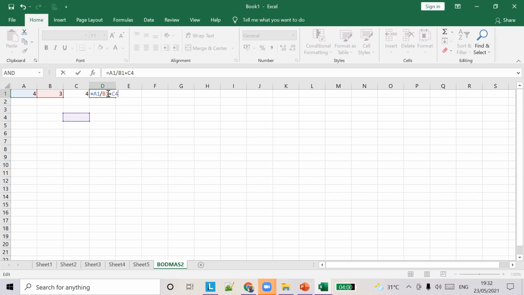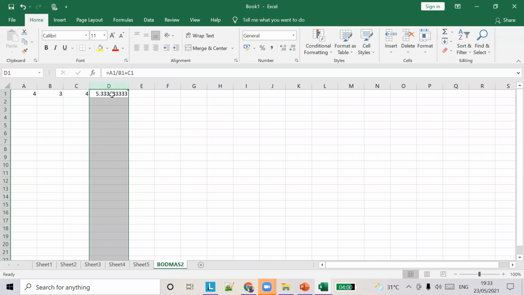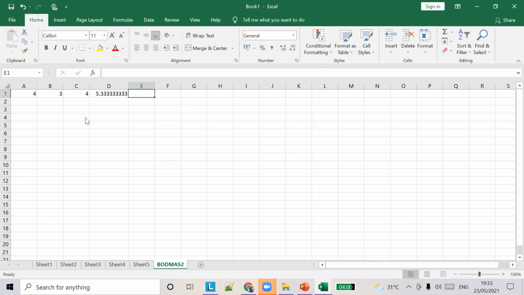So can anybody tell me what the answer for this one will be? Okay, it's 5.33. What it does is first calculate the division.